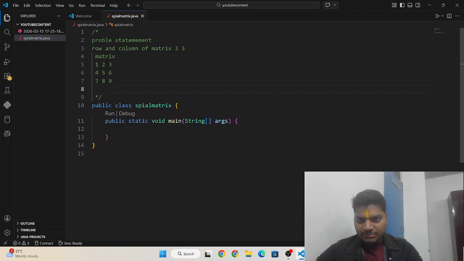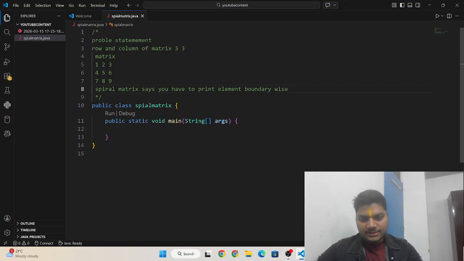In a spiral matrix, you have to print the elements boundary wise.